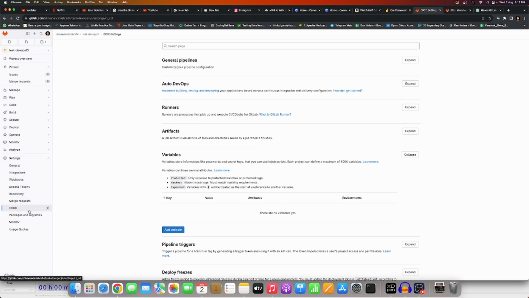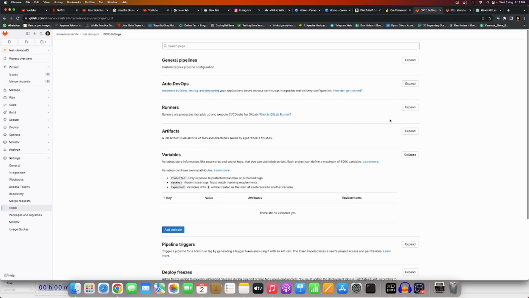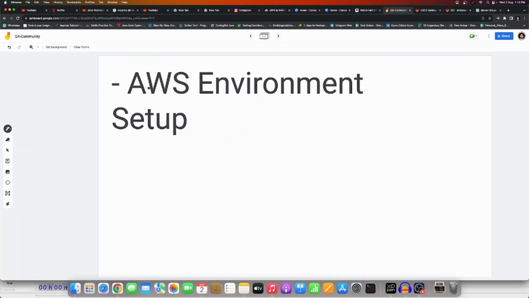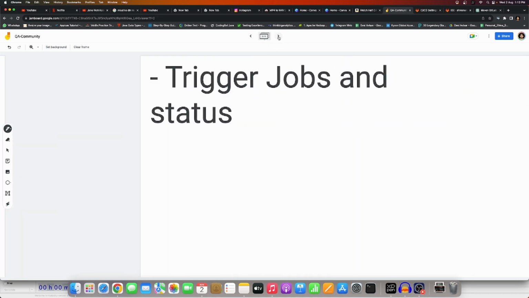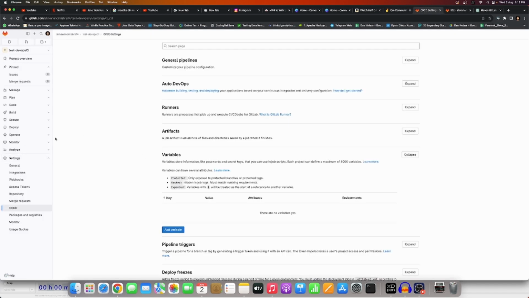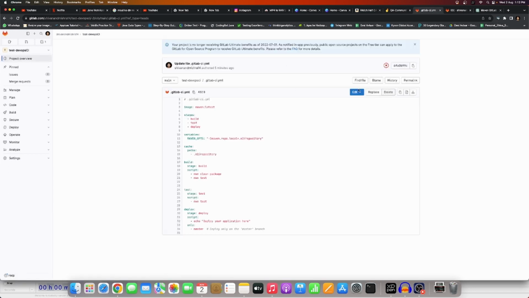Okay, suppose you have created all these environment variables and the artifact and whatever is needed, any specific thing for the pipeline triggers, or the variables and the artifact, or any GitLab runner you can provide here, right? Suppose you have also done this. So these two steps are done for you. First is the creation of Maven, second is the creation of the AWS environment setup, and third is now you have to go, right? Once you set up this, and if your environment is set up, then again you have to go and trigger the